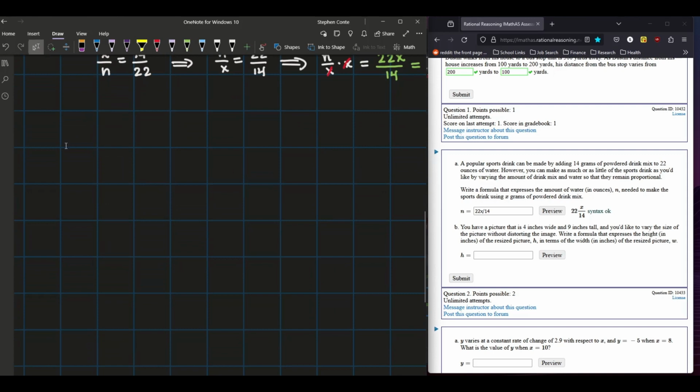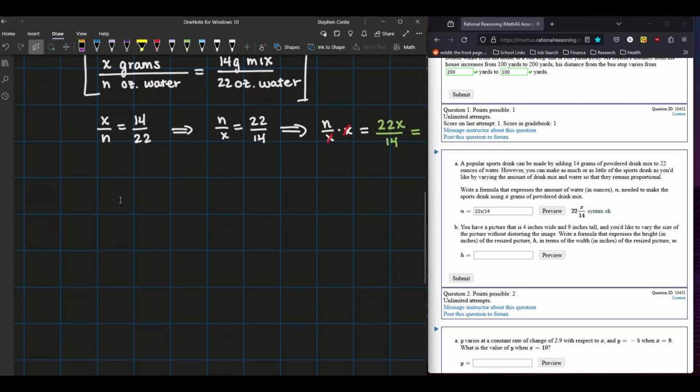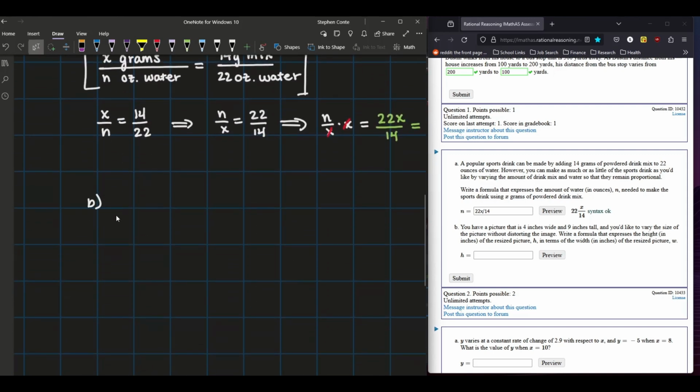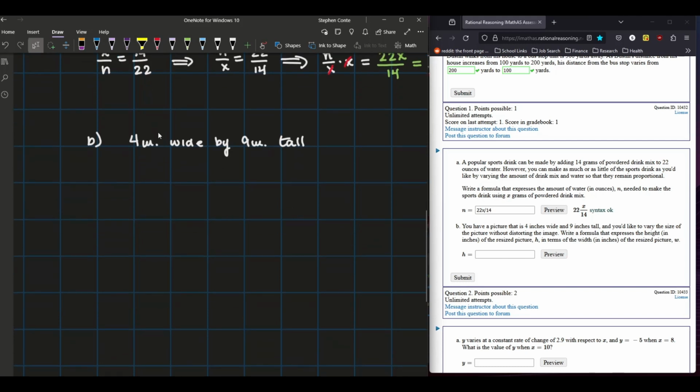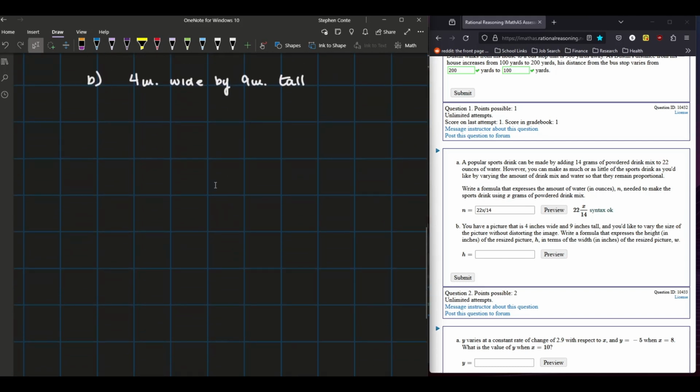Okay, for part B, we have a picture that's 4 inches wide by 9 inches tall. We want to scale it without distorting it, so we want to keep the same ratio here. So if that's the case, we can do the same thing that we did before. It's just creating a proportion. So if the initial ratio is 4 inches wide by 9 inches tall,